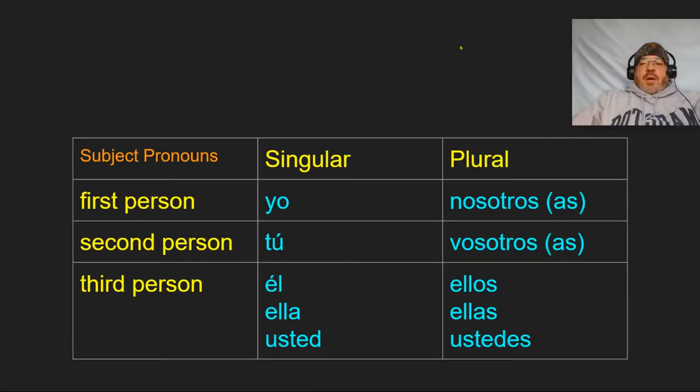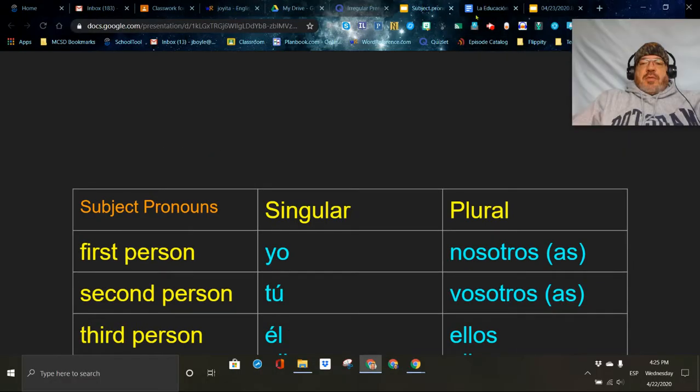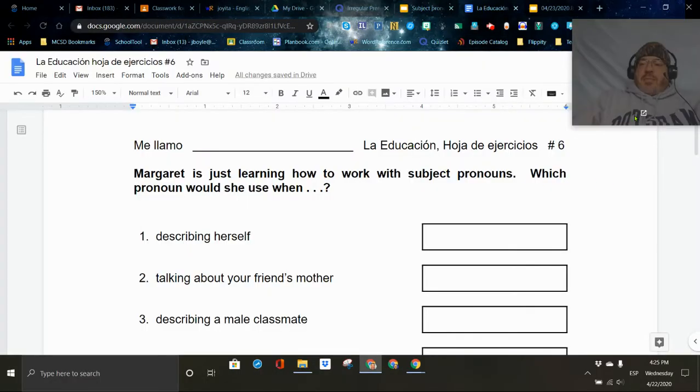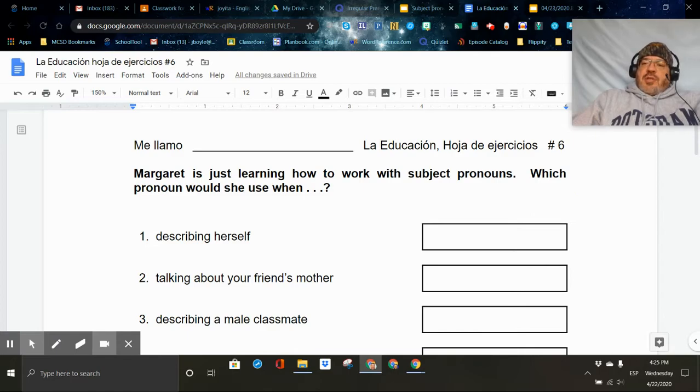Now, what I want to do now is let's switch over to the sheet you're going to do. And that sheet, what we're going to do is we're going to use a pronoun. Okay, this is hoja de ejercicio 6. In a couple of minutes, you're going to be able to go back. You're going to be able to open this up and do this work. So